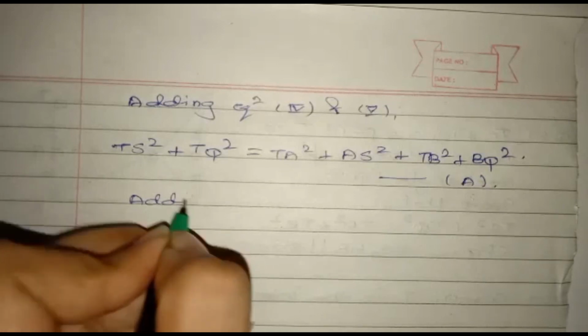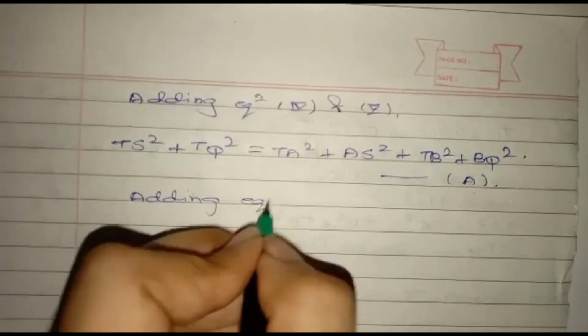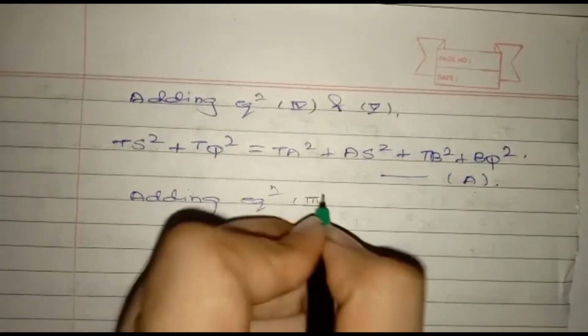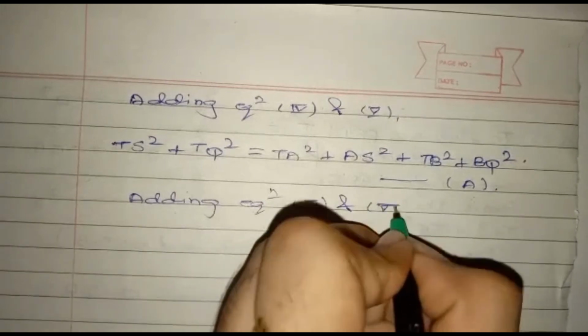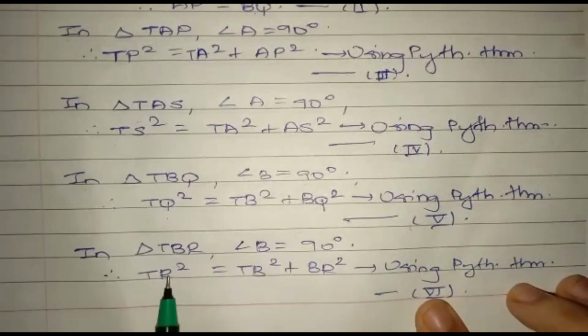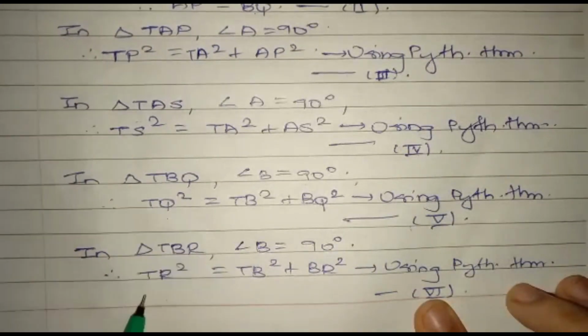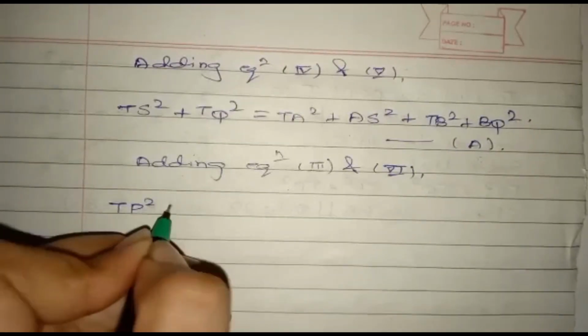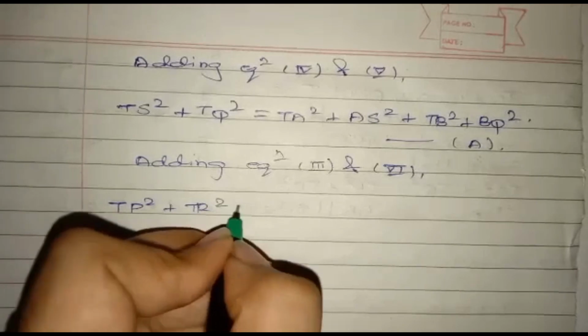Adding equation 3 and 6, what we get? 3 is TP square and 6 is TR square. So TP square plus TR square is equal to